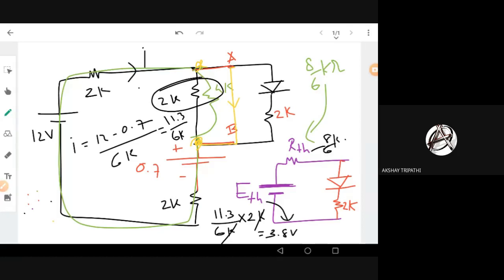Now, in the ideal case, we can find the current directly. In the real case, we can replace the diode with a 0.7 voltage for silicon and 0.3 for germanium. You can find the same thing. Okay, I think it is clear how to do the procedure. Either you can find it the Thevenin way, or you can short circuit A and B and find the Norton current, and the Norton current into Thevenin resistance equals the Thevenin voltage. Both ways you can do. It's up to you which way you have practiced.